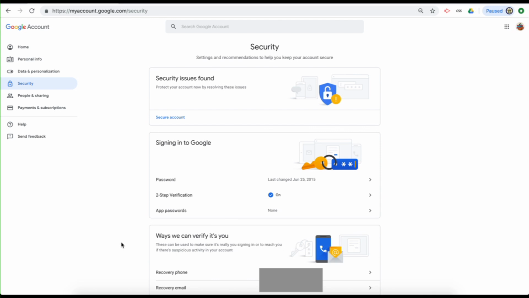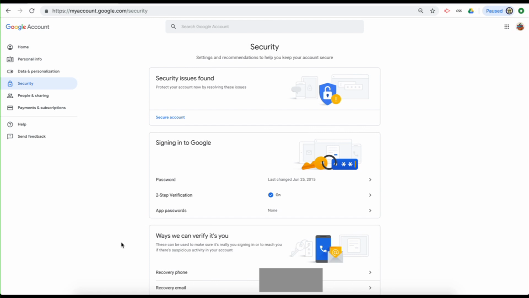And these are your recovery options. These would be the ones that Google would use to contact you if there's suspicious activity, like if your Google account is hacked. That would also assist you in recovering access to your Google account should that happen. Also, when you forget, for example, your password or even your Google account's email address username. So those are recovery options which Google can use to verify that you are the person with the authority to